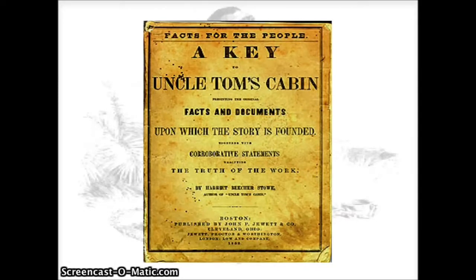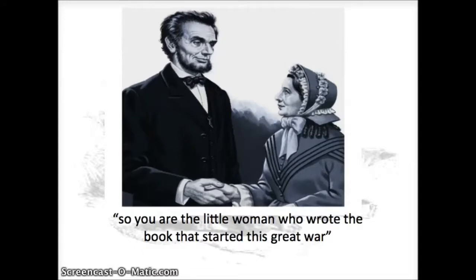I will not tell you too much about the Civil War because somebody else is going to give a presentation about that. It is said that after the outbreak of the Civil War, Stowe went to Washington to meet President Lincoln, and that he greeted her by saying, "So, you are the little woman who wrote the book that started